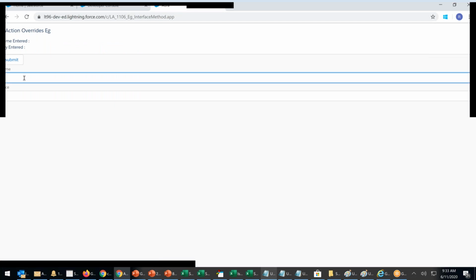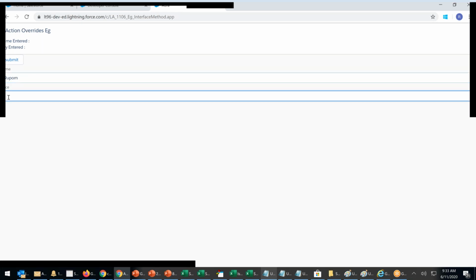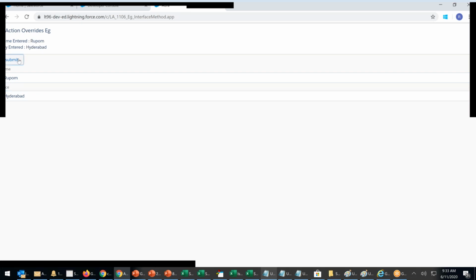Name entered, same thing via interface. Name Rupam, place Hyderabad. Submit. See, it works. Same thing I did, but where is the earlier action override? Earlier the method was in the child.